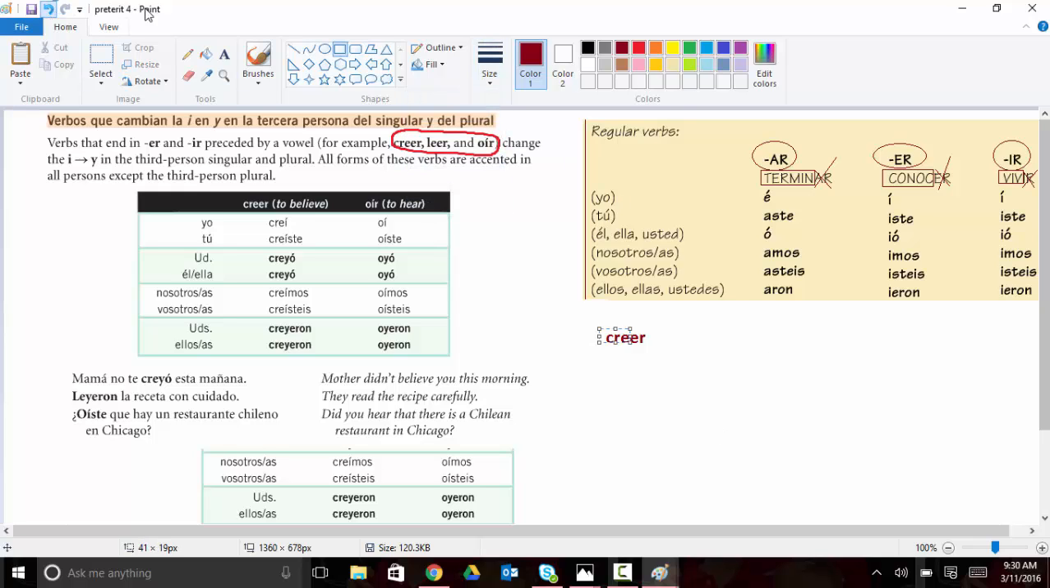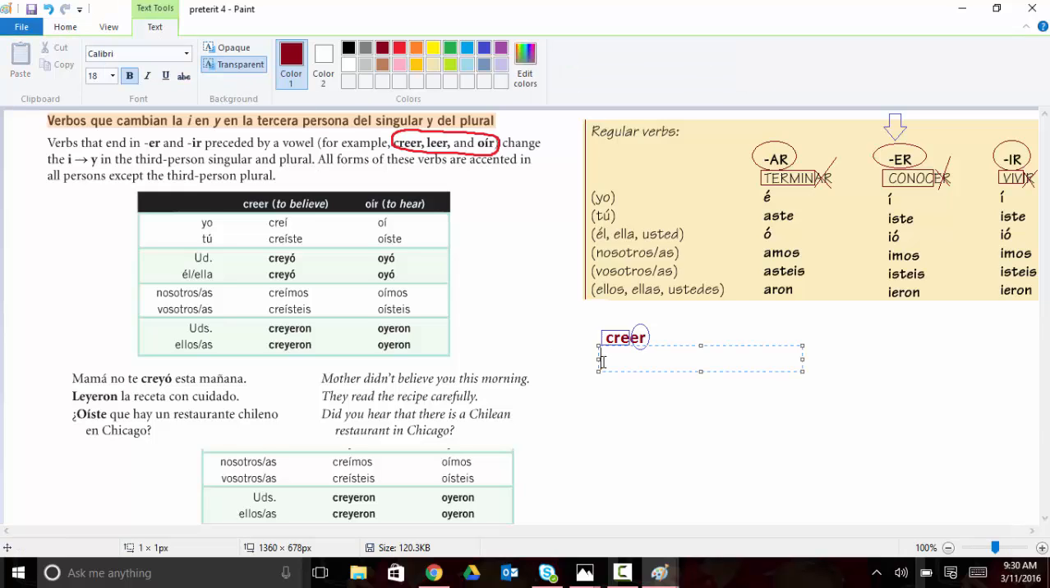Let me make that a different color. This is the stem, okay? And this is the ending that you're going to get rid of. And because it ends in ER, we're going to end up using these endings right here, okay? So if I start conjugating creer,